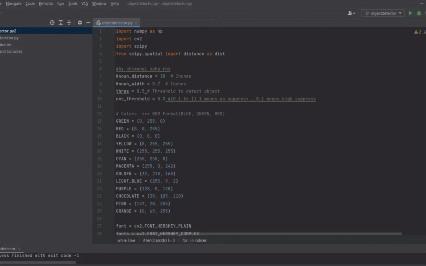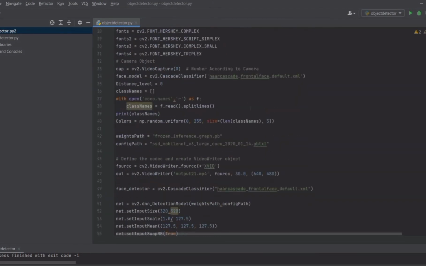Coming to the program, here we can see that this known distance is used for the initial distance, the reference image that we have taken. This is the distance from the camera to the object in front of the camera, and this is my face width approximately, and these are in inches.